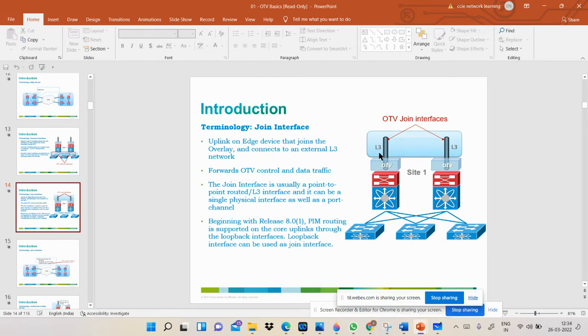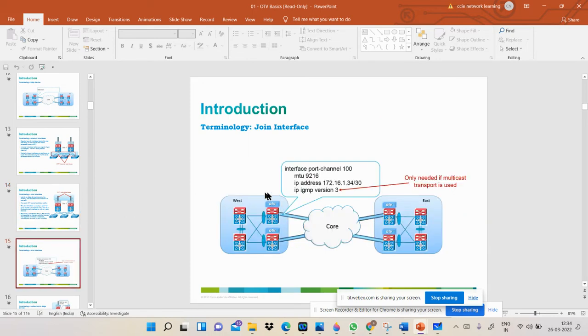Because of the IP address, where the IP address is configured, we can configure where your L3 network is going to work. So it forwards the OTV control and the data traffic after that, right? And then we just configure the OTV join interface. We can configure the OTV join interface. Okay, so using that we can utilize, what else can we utilize, any other routing protocol such as